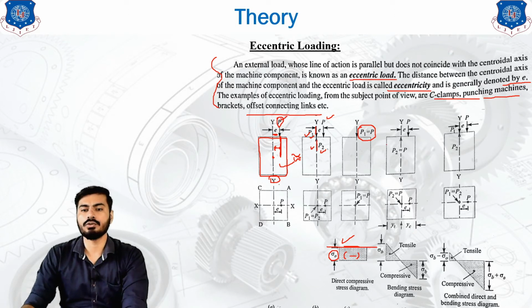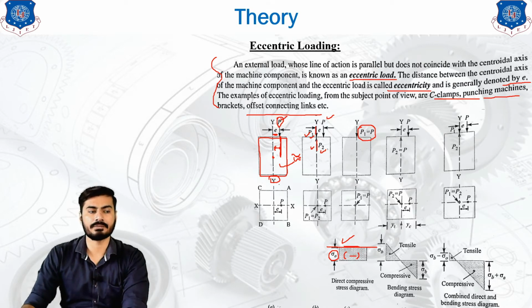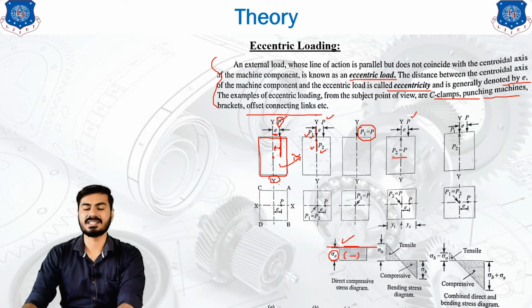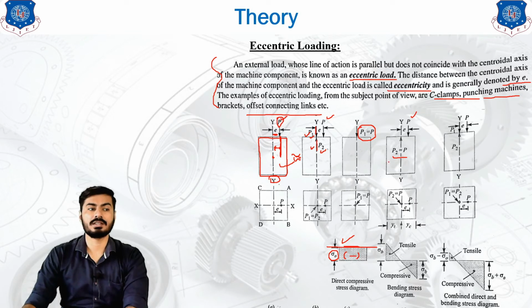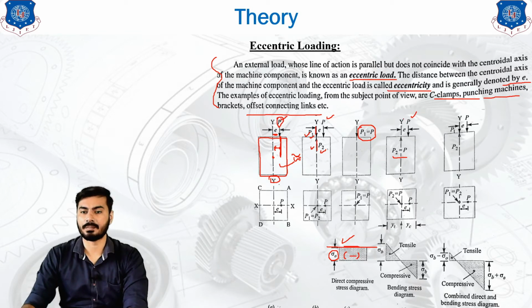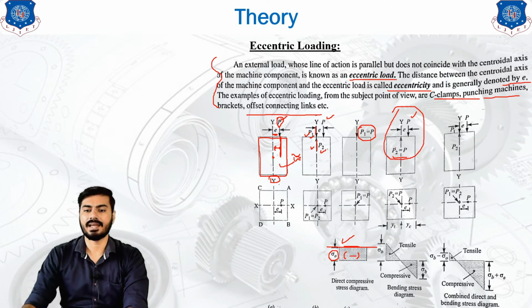Now we are going to find the separate effect of the two different forces which were left out in the first effect. These two forces are P and P2. As you can see, P2 has a magnitude equal to P, and both forces, of equal magnitude and opposite direction but with different lines of action, will cause a couple in this system. If it is a couple, then your body is going to rotate because of the effect of the couple.